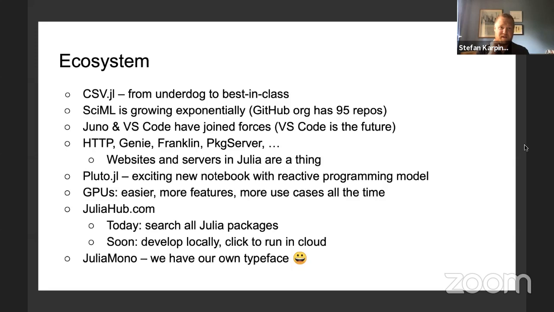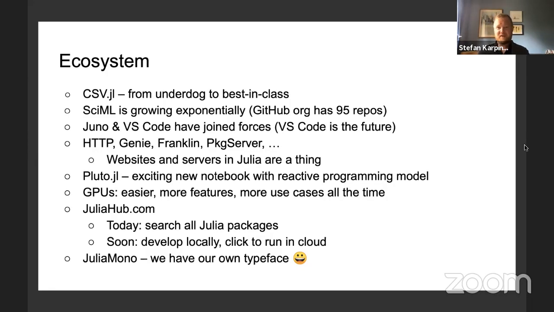The ecosystem has come a huge way in the same amount of time. I think one of my favorite recent examples is CSV.jl, which went from an underdog CSV parser in the grand scheme of things to now being best in class. It's the fastest CSV parser in the world for most CSV use cases. And it's multi-threaded, which I'm very proud of. And Jacob Quinn should be proud of. Well, it's great to see the way that has panned out, right? Jacob was able to take CSV and relatively easily turn it multi-threaded by using the infrastructure that you and Jameson created for threading.